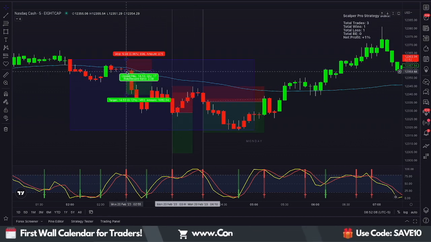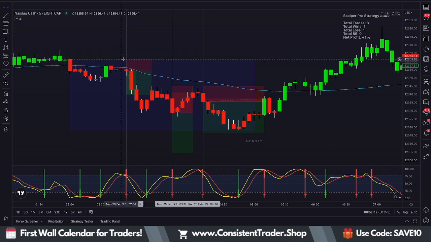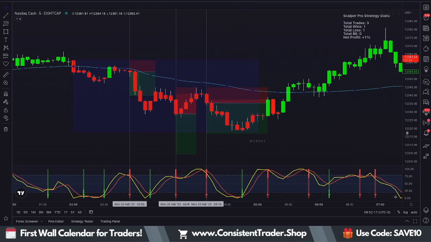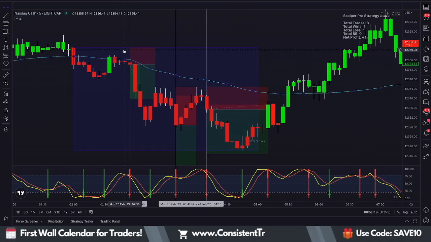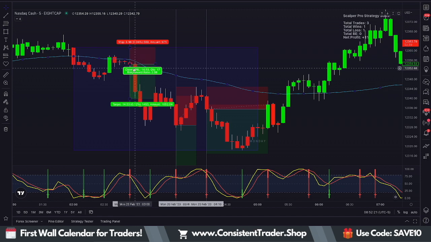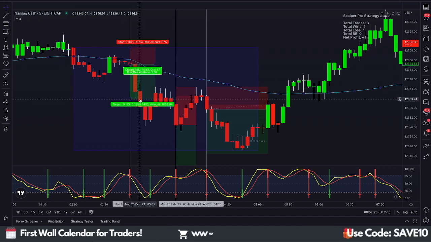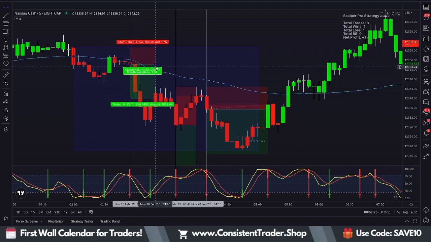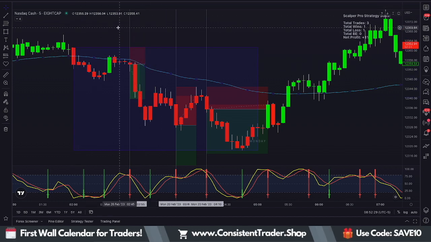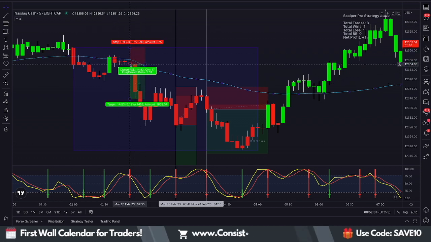I placed my entry trade right here, my market entry order, and I placed my stop loss at the current high of the session. And lucky, it played out very well. We had our drop to the downside and it hit my 2-to-1 risk to reward ratio target within 10 minutes. A very easy trade, and I was looking forward to do the same thing on the US30 chart, but this